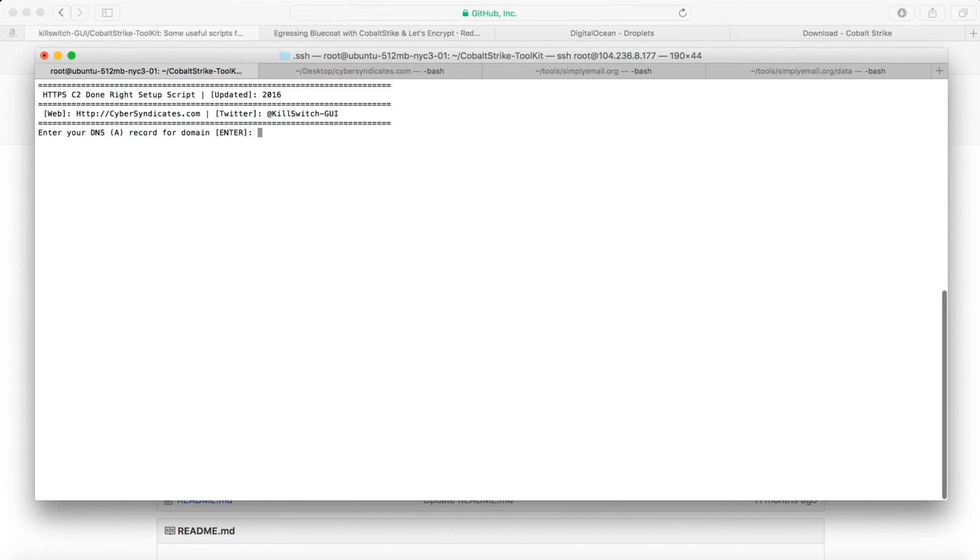It's going to ask you to get into your DNS A record. Obviously, this has to match the domain that's pointing to the box. Otherwise, it's not going to be properly verified through Let's Encrypt. That's pretty simple, but you've got to keep that in mind. Let's go ahead and set a password that's going to be used. It has to be more than 6 characters. This is just a test. And then set up your